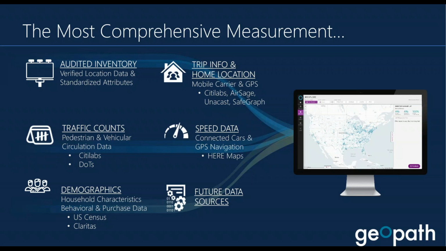Our partnership with Claritas allows us to access like 10,000 plus different audience data points. So if you want to know who's likely to buy a car in the next 12 months and which inventory over indexes for that, you're going to be able to do that. Or you want to see which inventory over indexes for Starbucks drinkers, you're going to be able to do that. So much more akin to how digital targets, we're going to be able to target with our out-of-home inventory,